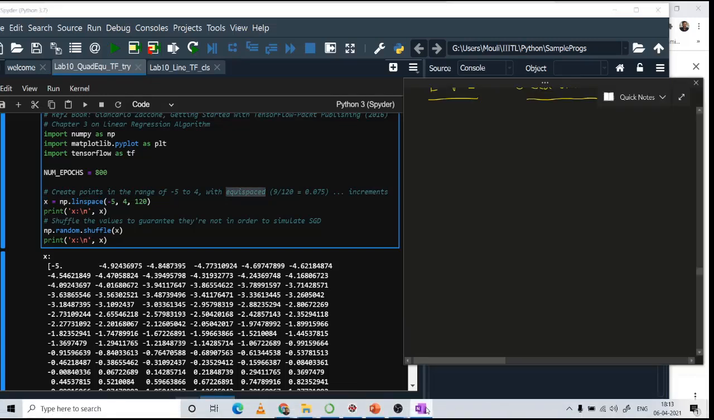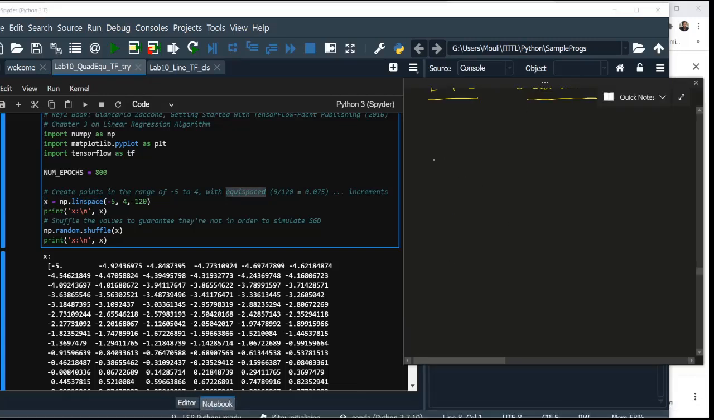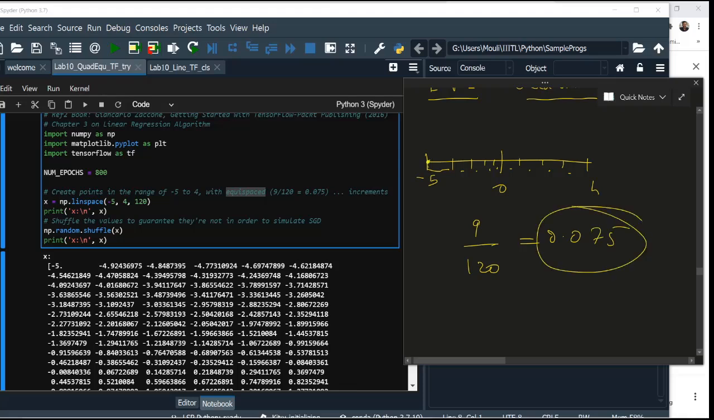I'm sure you will understand this. This is 0, we have minus 5 to 4, so minus 4, minus 3, minus 2, minus 1, then 1, 2, 3. So how many are there? 1, 2, 3, 4, 5, 6, 7, 8, 9. So 9 partitions, in terms of 1. So there are 9 by 120 points you want to generate, which is 0.075. So it is generating a point starting from here, including minus 5. It increments it by